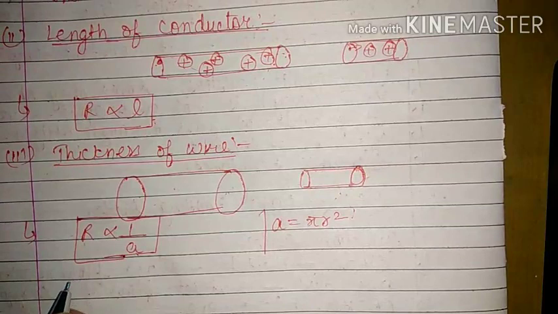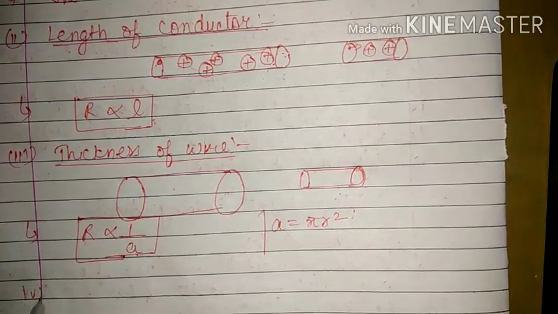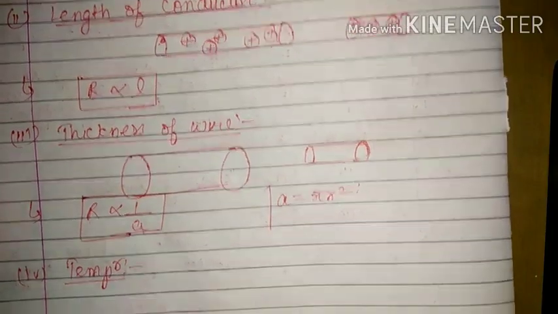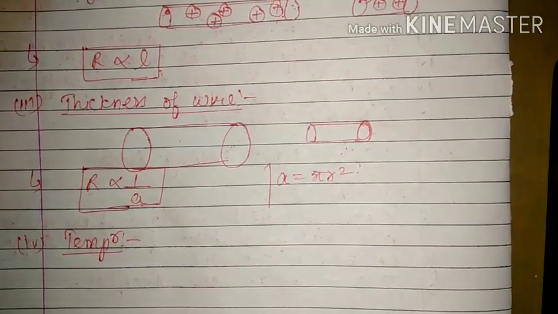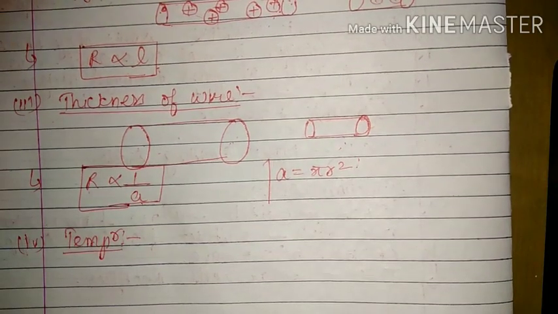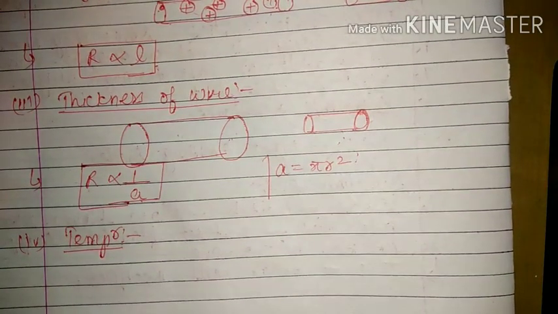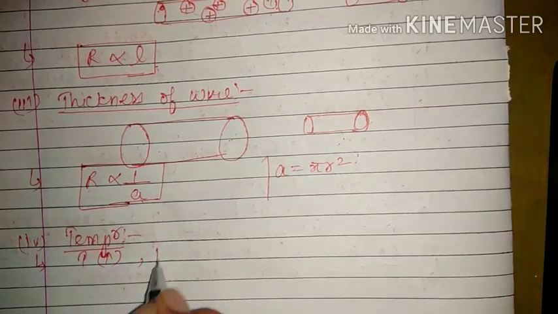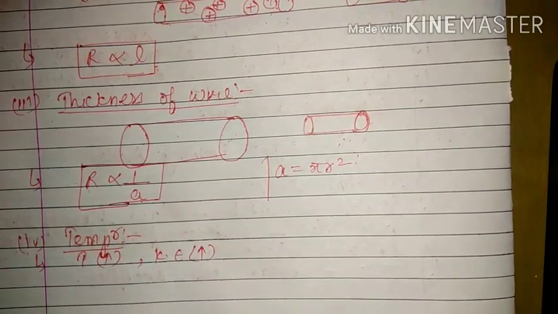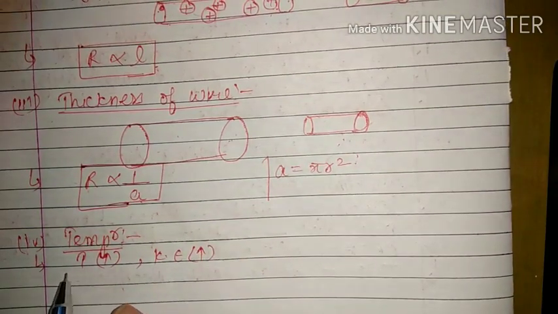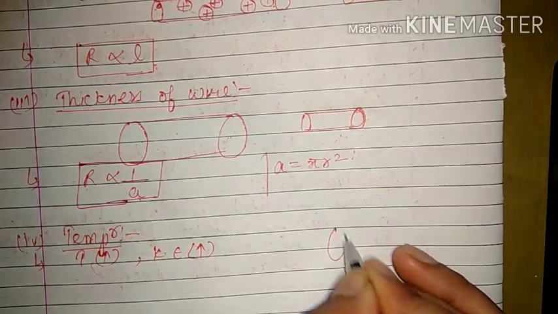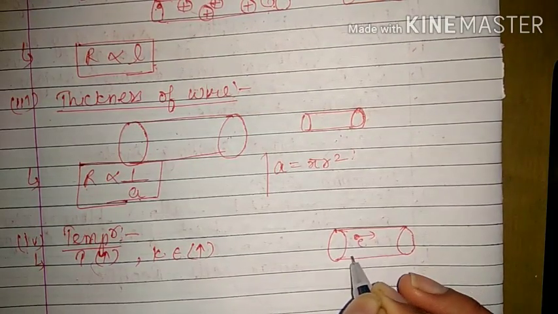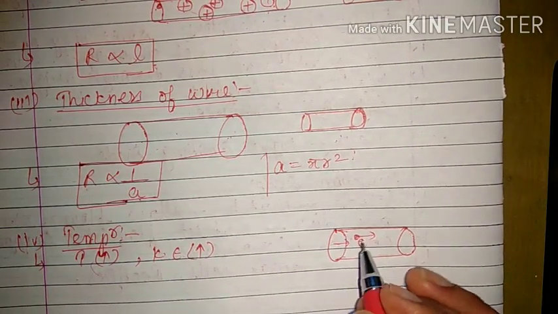And the next factor, the fourth one, is the temperature. This we have already discussed, that resistance of a conductor remains constant at constant temperature only. As soon as the temperature changes, the resistance will also change. The reason is, when temperature increases, the kinetic energy of electrons will increase. When we give some amount of heat to the free electrons, that means if we increase their temperature,